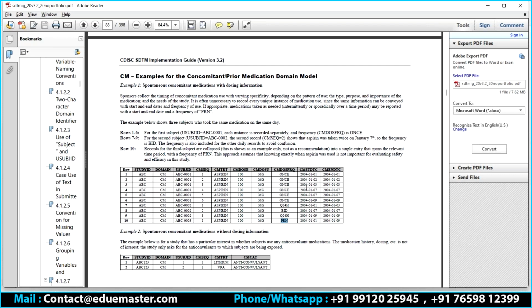So your sponsor mentioned it as a PRN. So that's the reason when I started this particular explanation, I said it purely depends on your sponsor. It can be on a daily basis, any number of records that you can take with a defined frequency. If the dose frequency is not sure, we can also go ahead with the PRN and we can go with the collapsed data,